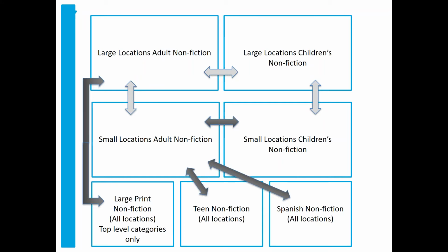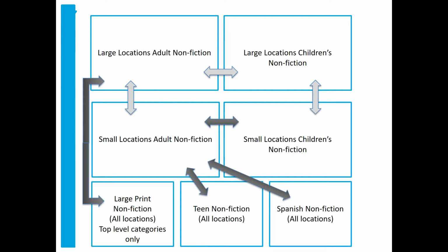So we skipped a scheme slide. I'm going to talk just a little bit about the relationship among our different sections of our collection, and we're probably a little bit unique in that we have actually divided our nonfiction collections into small location collections and large location collections, as I mentioned earlier. So I just made a kind of schematic of how the collections are divided and how they relate to one another.